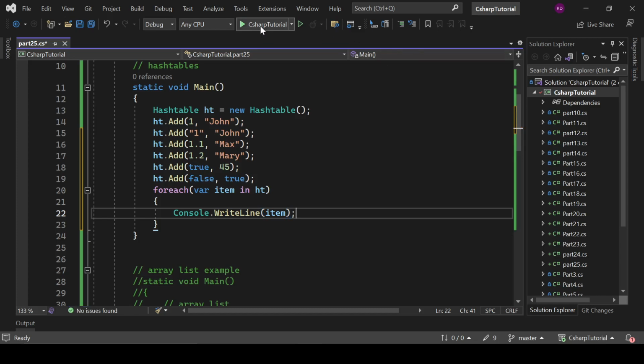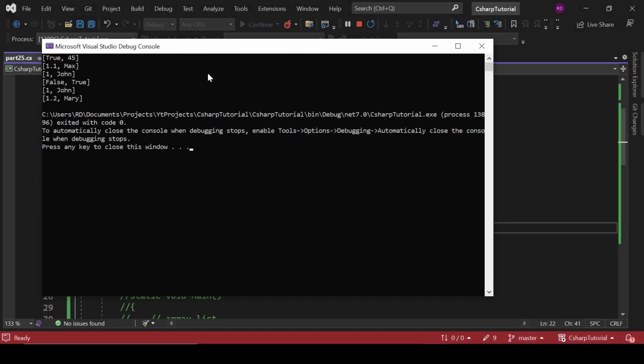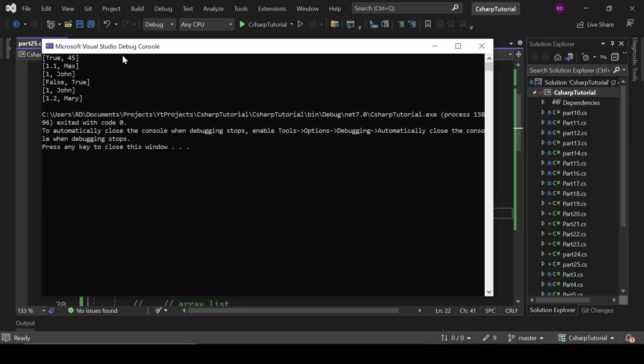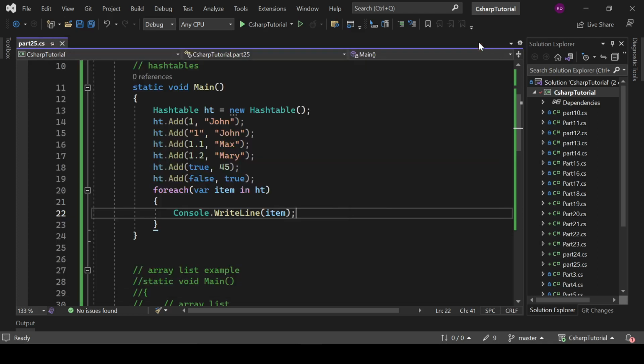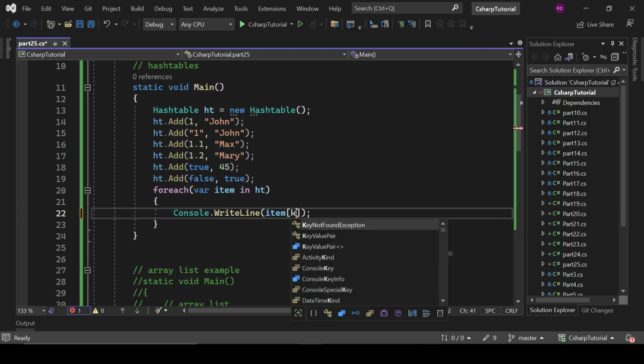Let's see if it will print or not. Yeah, true, 45. And if I write item dot something like that,